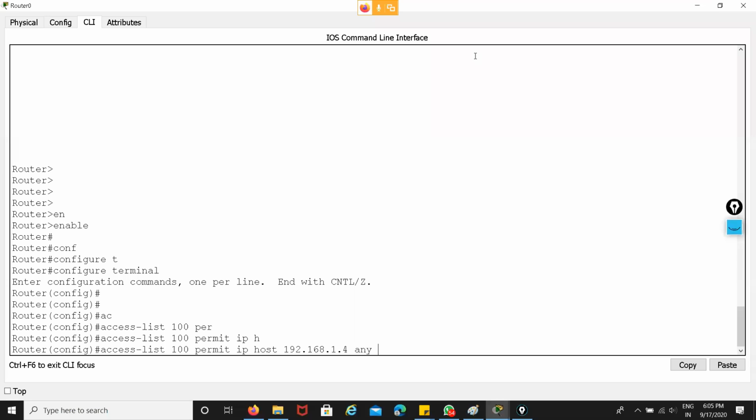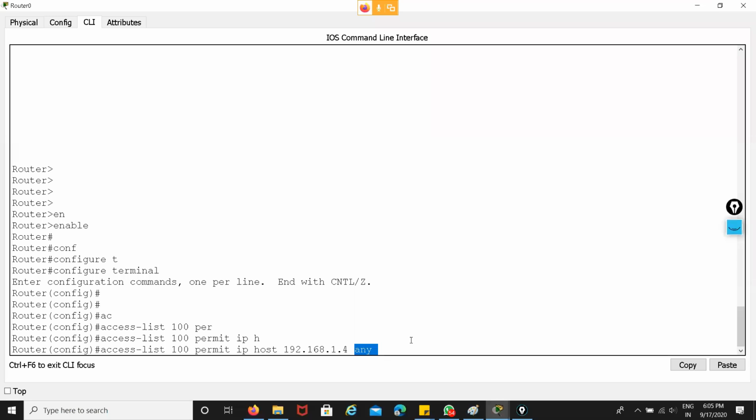That means you can also filter the traffic on the basis of source and destination as well. So I simply choose the host, a particular system which carries the IP address 192.168.1.4, and for destination I choose simply any, like the destination is not specified here. You can assume that the destination is anything, and it simply allows the packet.